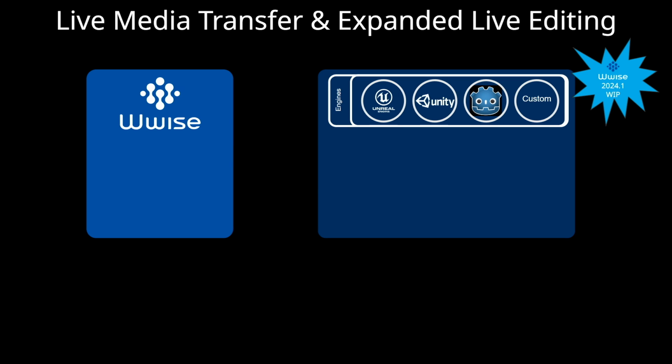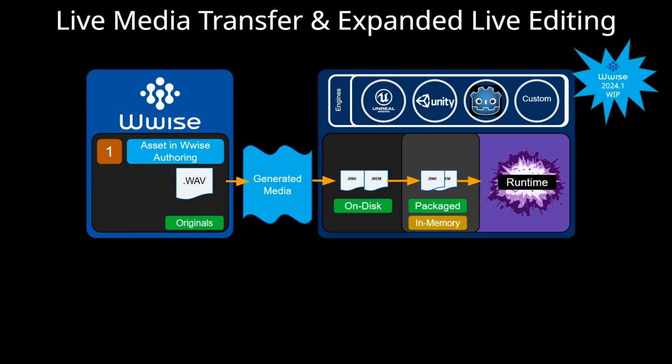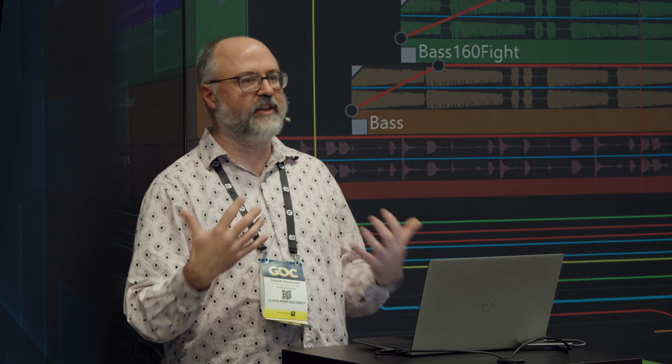So for instance, inside of Wwise, you have your authoring environment where you're preparing your content, and then you have a game engine that you're building this content for. Meanwhile, you've got assets that get generated from Wwise. They find their way on disk and ultimately are packaged into the game at runtime. And we're envisioning a solution where you arrive to work, connect to the game with the latest build and the newest hotness, and you just keep working.